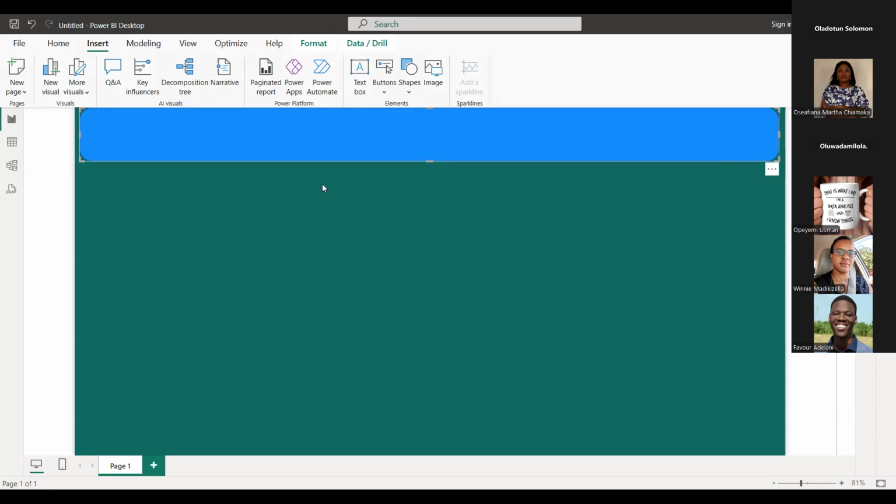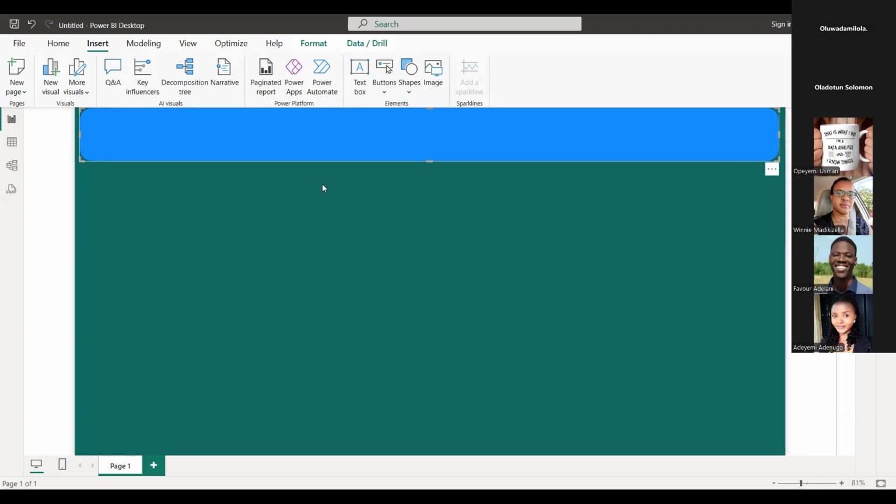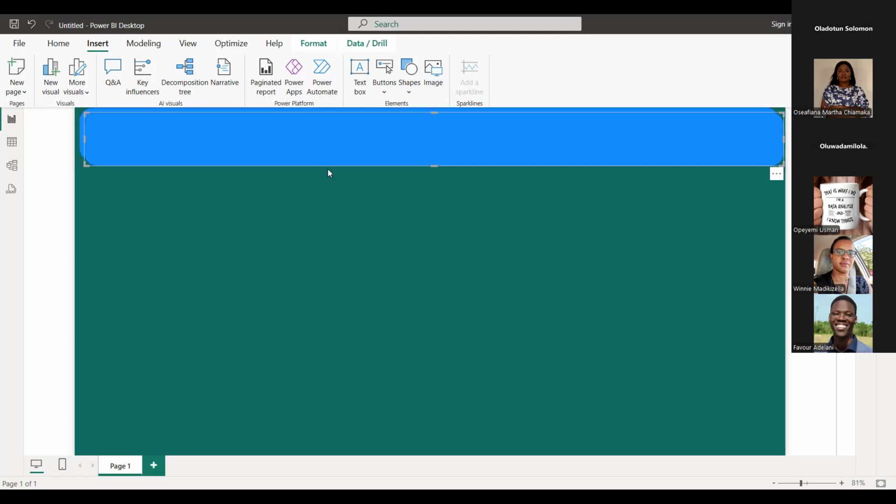How many of you still remember slicers from Excel? Okay. Can you tell me what you used slicers for when you visualized? Thank you. So what did you use slicers for in Excel? Please, if you want to say something, go ahead. I'm listening.